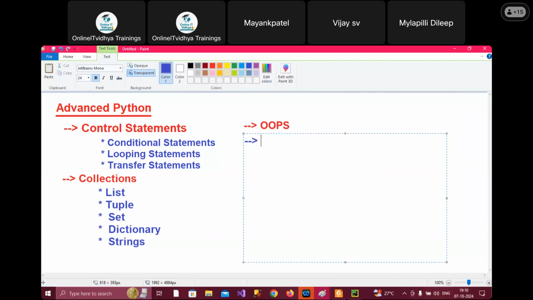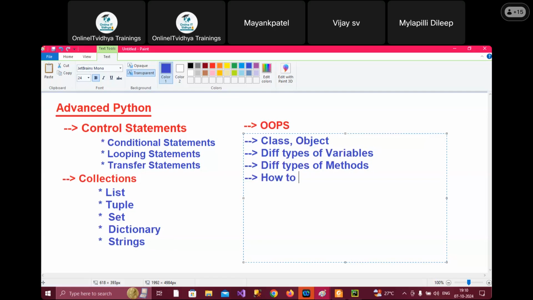As part of the OOPs concept, I'm going to discuss what is a class, what is an object, how to create a class, how to create an object, different types of variables, and different types of methods. Then we are going to discuss constructors and how to call methods. We discussed how to call functions, but here, how to call methods. Then constructors, different types of constructors,